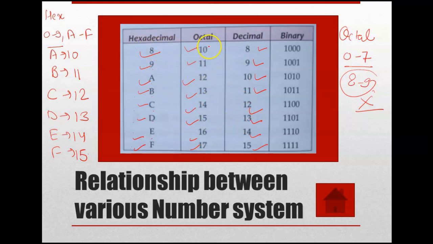So hexadecimal, octal, binary and decimal, how all these things are represented, from 0 to 15. So in today's session, we covered all the 4 types of number systems: decimal, binary, octal, and hexadecimal, with their base values. The decimal base value is 10. The base value of binary is 2. The base value of octal is 8. The base value of hexadecimal is 16. And how they are all represented in a normal way. So yes, everything we covered. I hope you are clear with the different numbers.